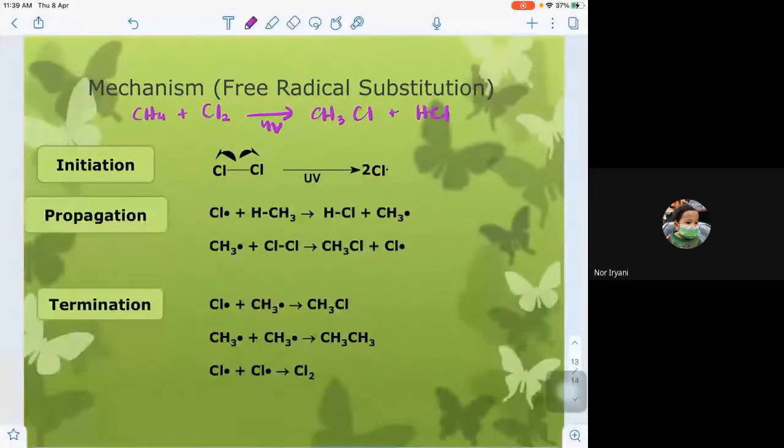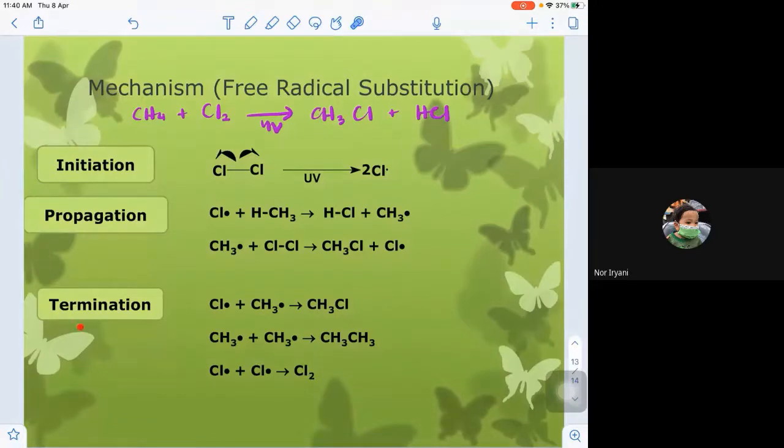This is the general chemical equation. But behind this general chemical equation, the production of the CH3Cl actually undergoes three steps of mechanism, in which we start with the initiation step, and then propagation, and last with the termination